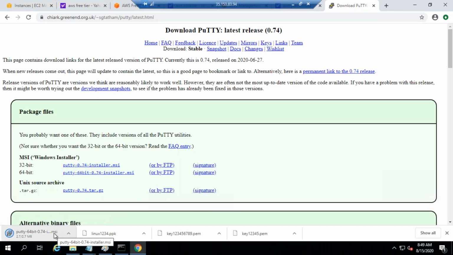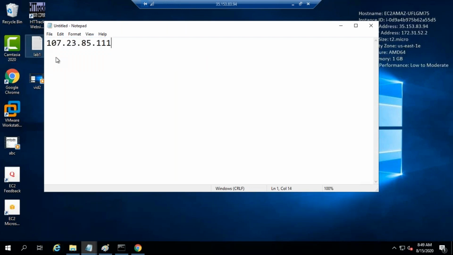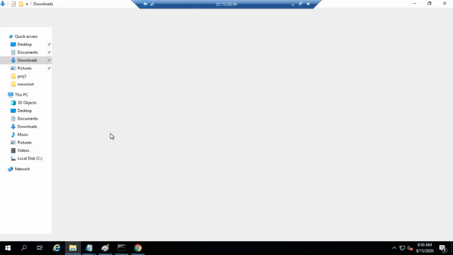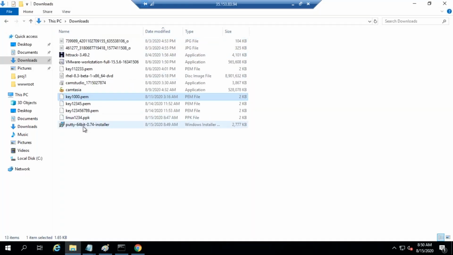After that, I have to install this client software. I have to start the installation. In the download folder, the Putty software will be there, so I have to install it.